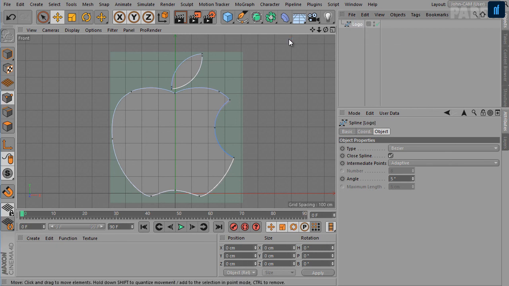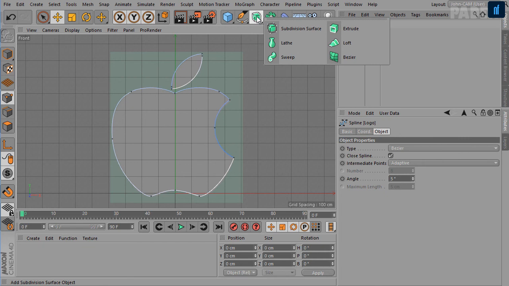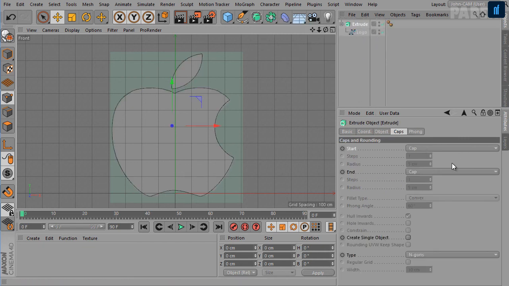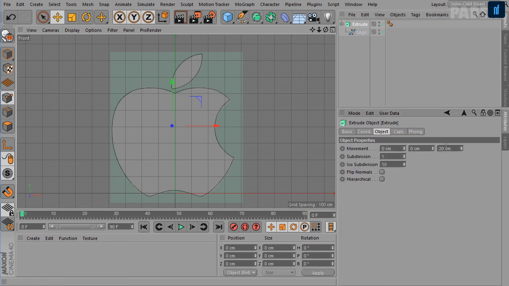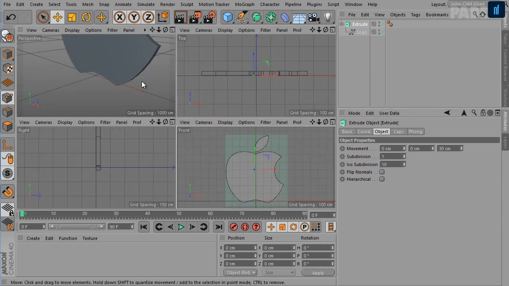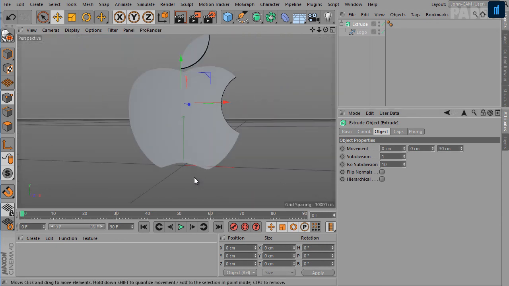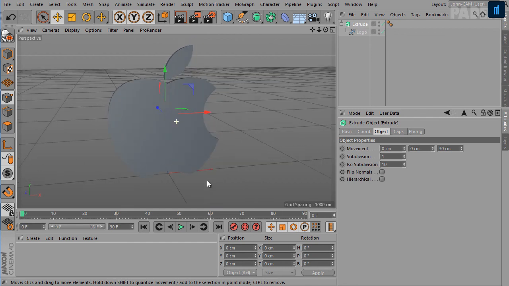Now the next thing we need to do is apply the extrude generator. For that, select the spline and then choose Extrude with Alt held down. Now in the Object tab, set movement to 30 centimeters. We have the 3D shape here now.